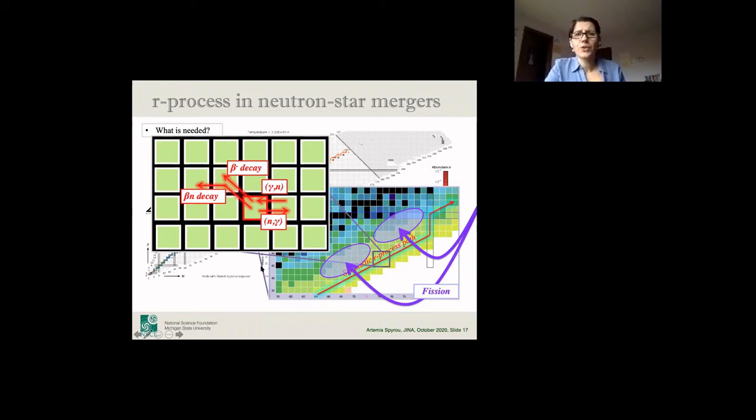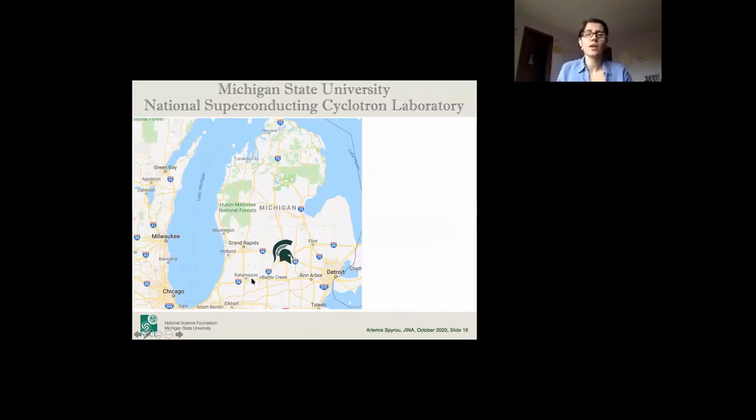So once you figure out what you need, then you need to go and find a facility that can provide the beams that you need to measure this. If I look at the chart of nuclei, you see all the stable isotopes are out here, and the part where I should be measuring is all the way out here. These are isotopes that are very short-lived. They only live for a few seconds or a few milliseconds. So you need to have a very special facility that can provide these nuclei so you can do your experiment with them and study them. And this is what we're doing. This is our specialty. At Michigan State, we create radioactive beams, beams of nuclei, beams of isotopes that are radioactive, that are exotic. So we can also call them exotic beams.